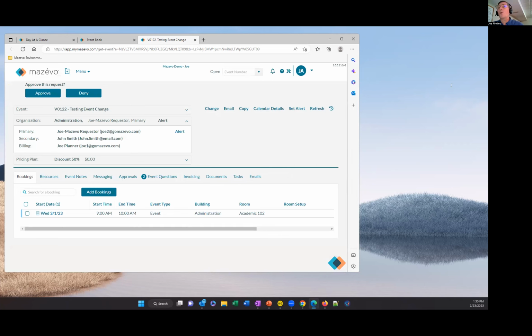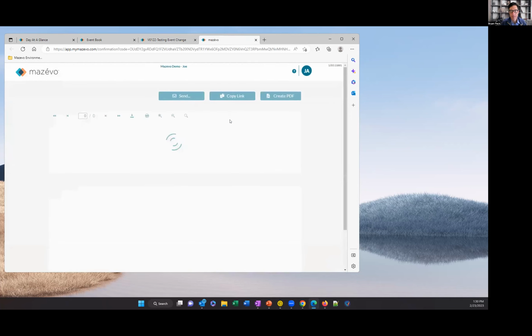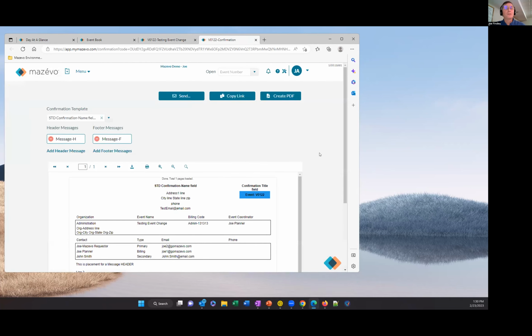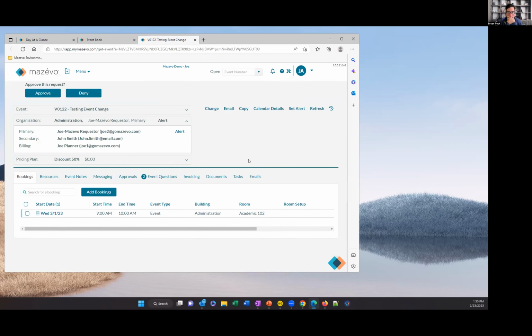So sometimes that works for that internal contact that you want to have on the event. Okay. Yeah. I think that event coordinator shows up in that header too. It does. Yeah, here, event coordinator comes up in that confirmation as well. Okay. Yeah. Was there another one? Yeah, JC